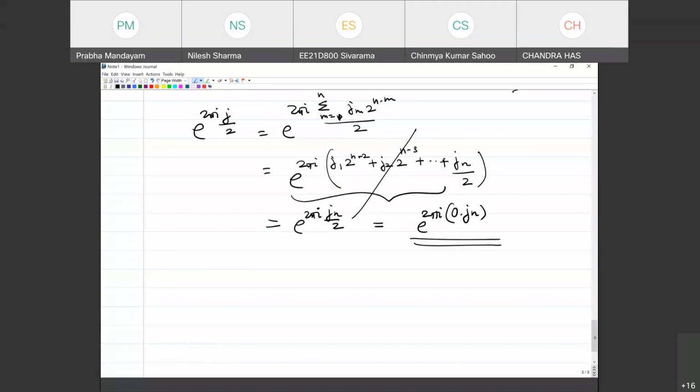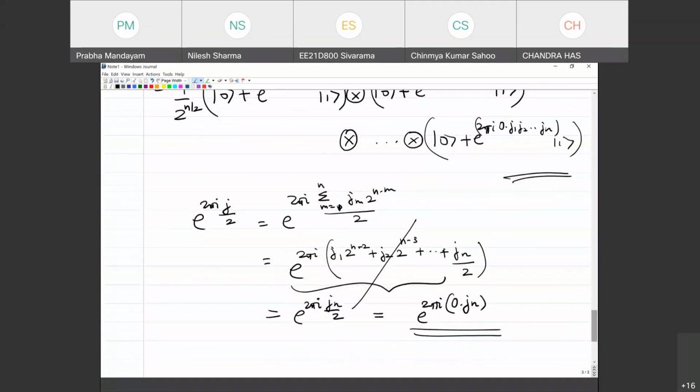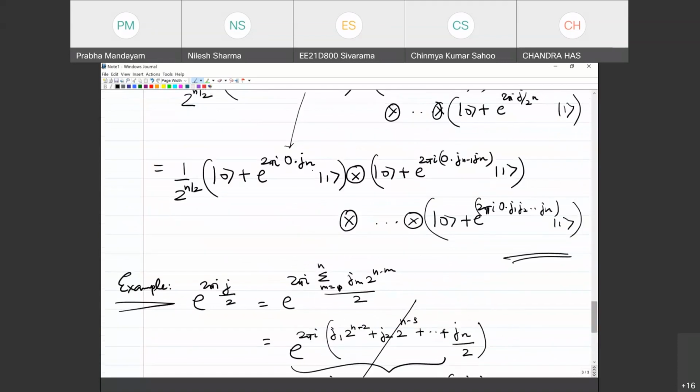Okay, so I hope this idea is clear. And so using this, you should be able to work out each of these phases. So in the second case, what do I have? I have a 1 over 2 squared. So then there will be 2 bits of j that will contribute to the phase. All the other bits will simply have powers of 2 times 2 pi i, which will all vanish, and then there will only be 2 of them which will have fractional powers of 2, which will contribute some non-trivial phase,